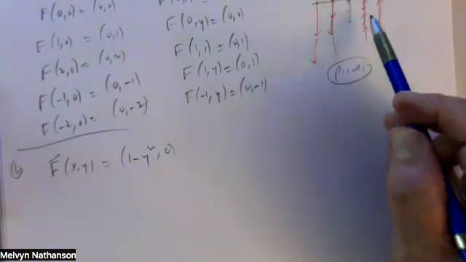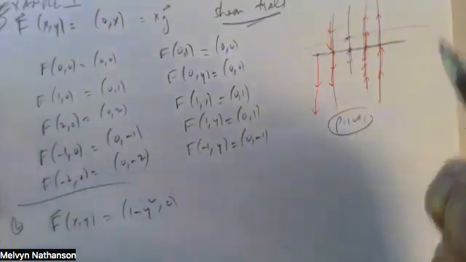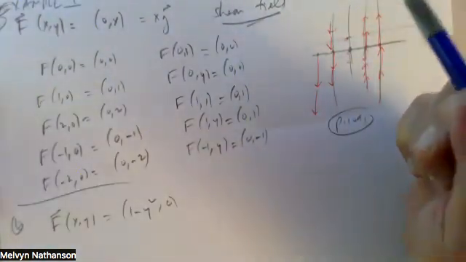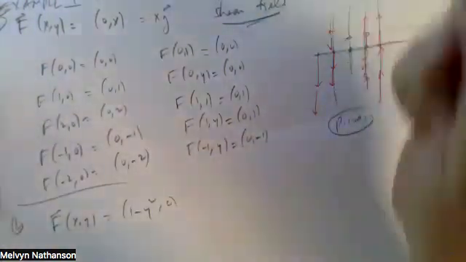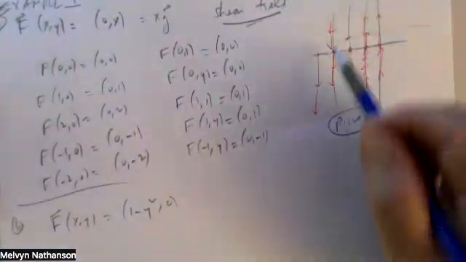By the way, why is this called a shear field? Sort of like you're forcing, like if this were a piece of material, it's like one side's being forced up and the other side's being forced down. So it's like a shear force. That's really what's going on. If you look at this picture,